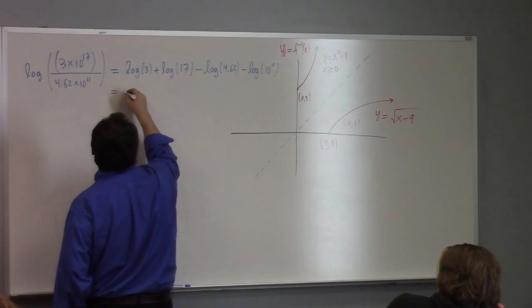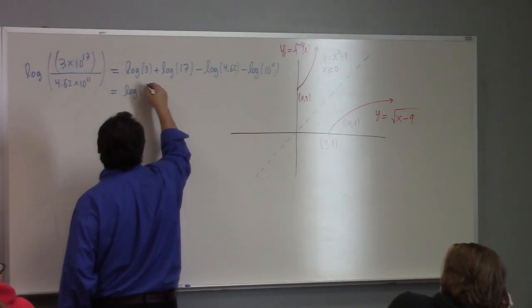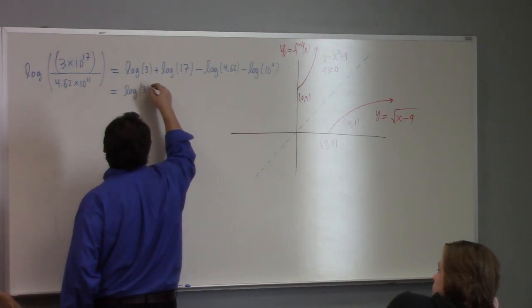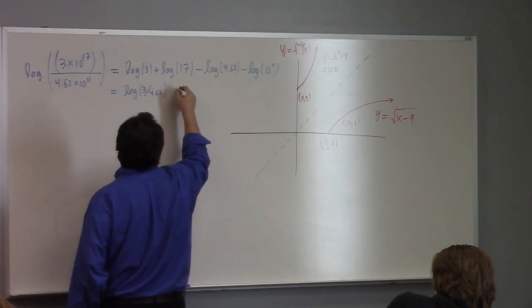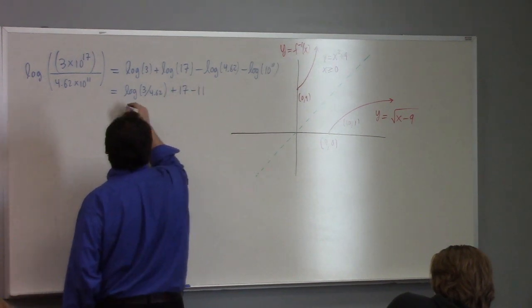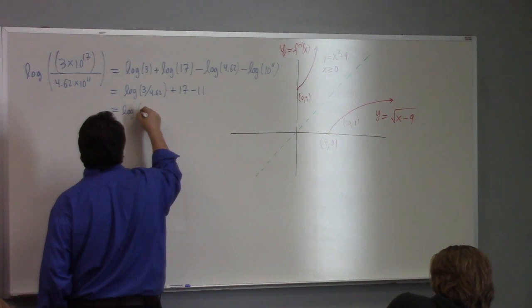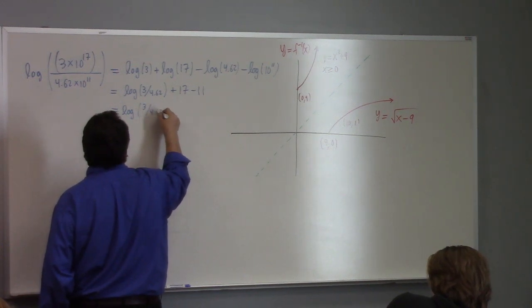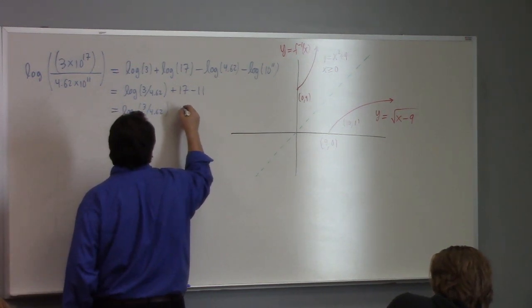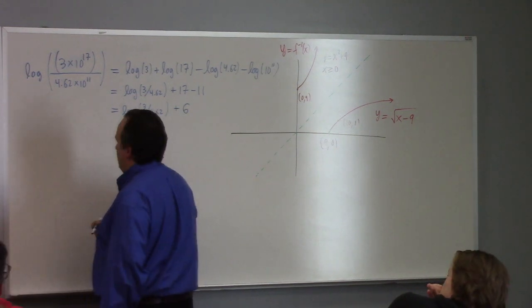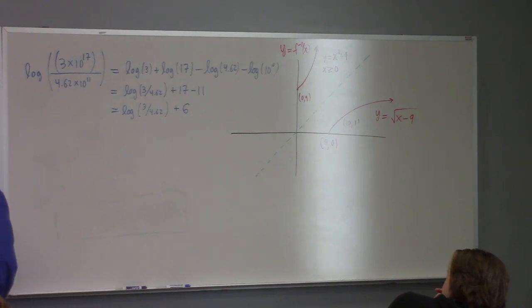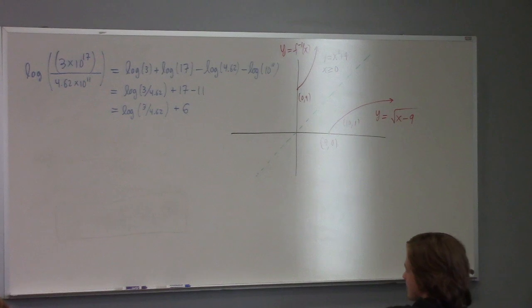Which is just the log of 3 divided by 4.62, plus 17 minus 11, which is plus 6. So if you could look that up, right? If you could look up the log of small numbers, on a table,